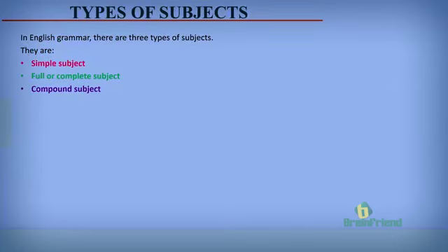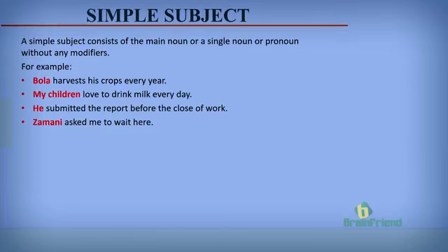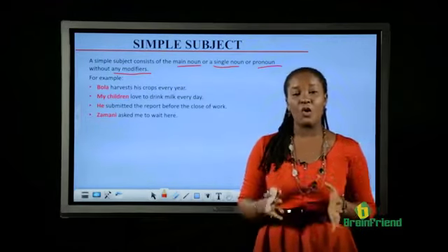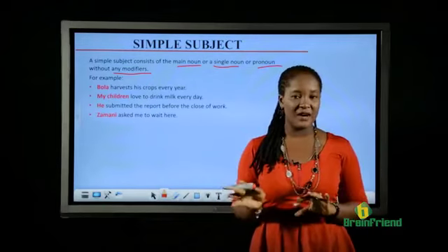Now let's look at the types of subjects we have in English grammar. In English grammar, there are 3 types of subjects. They are the simple subject, the full or complete subject, and the compound subject. Now let's look at these subjects one after the other. What is a simple subject? A simple subject consists of the main noun or a single noun or pronoun without any modifiers or without any